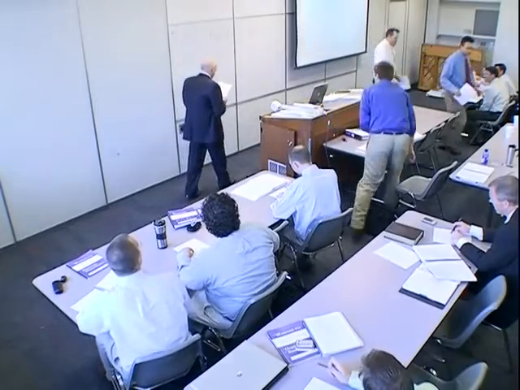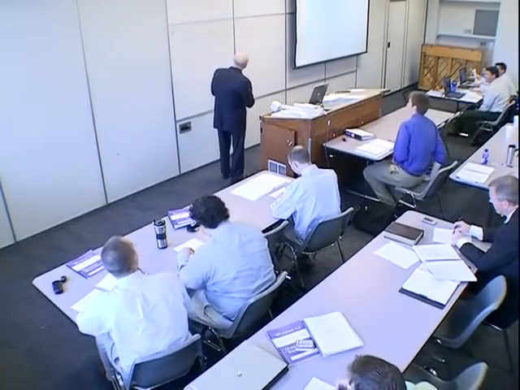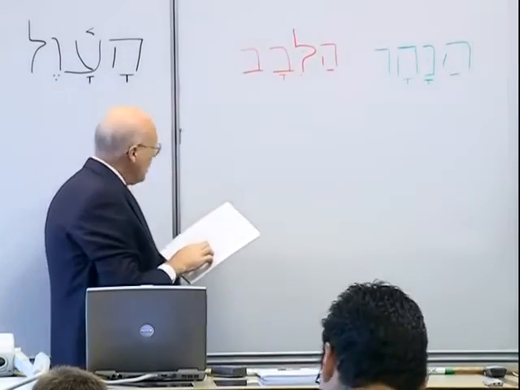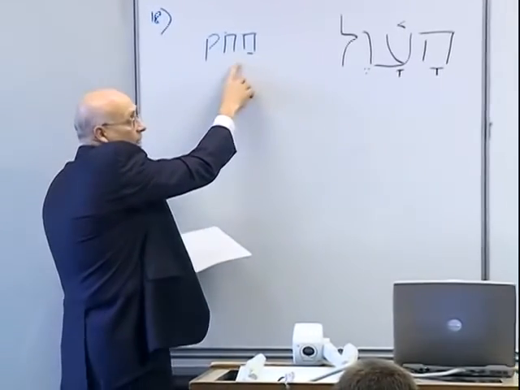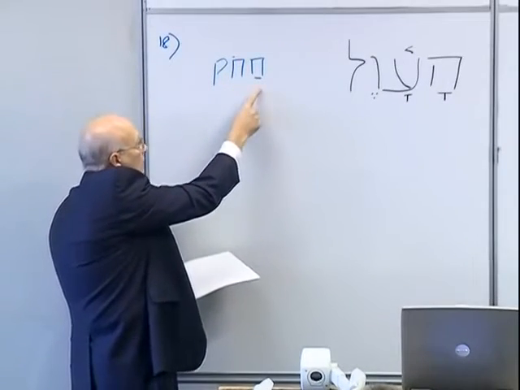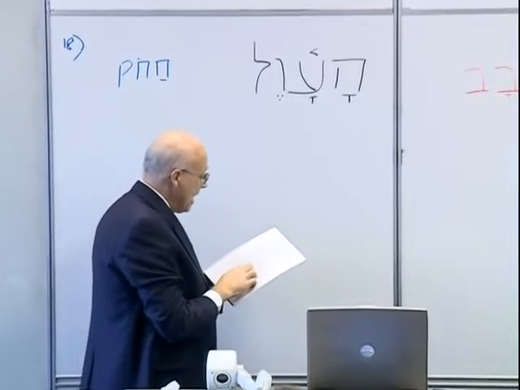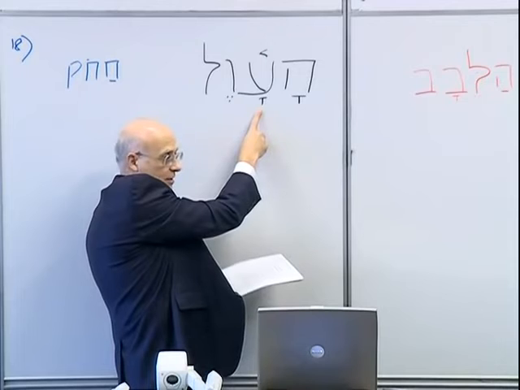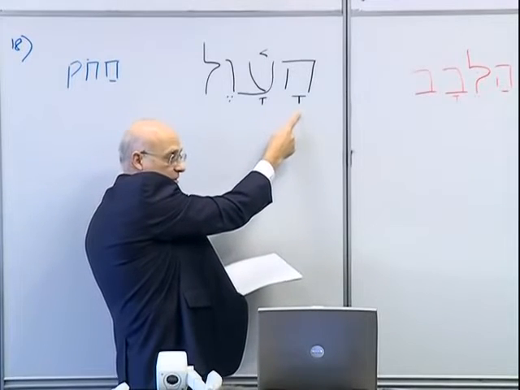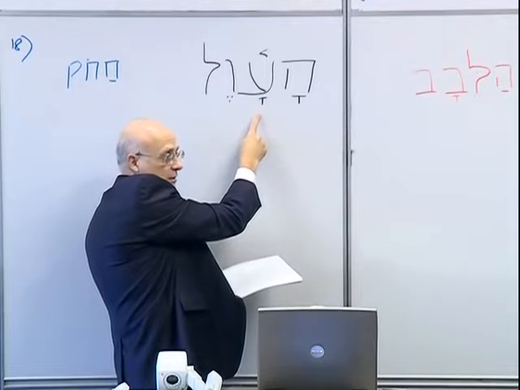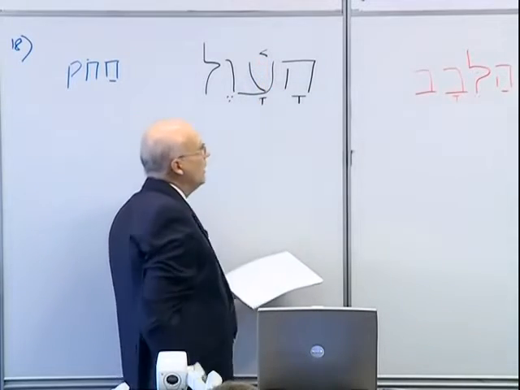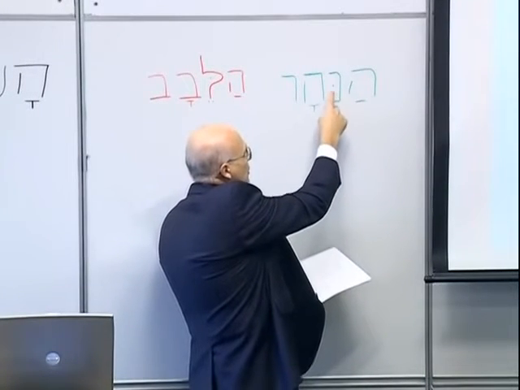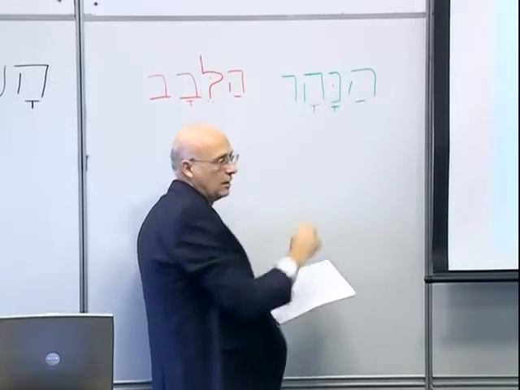All right. So we'll take a look at number 17, levav, becomes ha-levav. Notice the dagesh in the lamed. We have chok, becomes ha-chok. It's before the strong guttural, maintains the pathach. And we have awel. Awel is accented, not unaccented. Because it's accented, it's the qamets. If it were unaccented, it would be the segol. Here's your clue. All right. Nahar is not a guttural, so it's doubled. The doubling dagesh here, it's han-nahar.